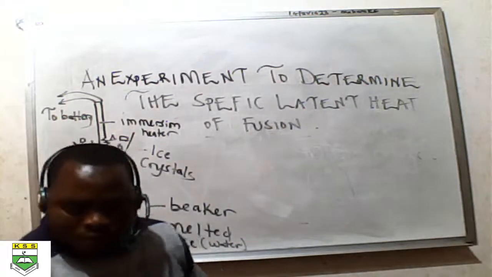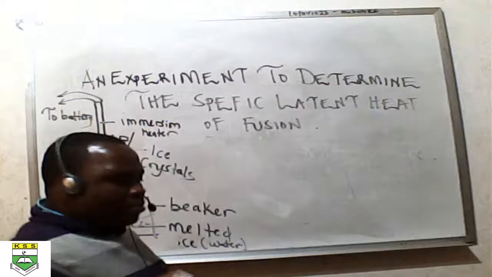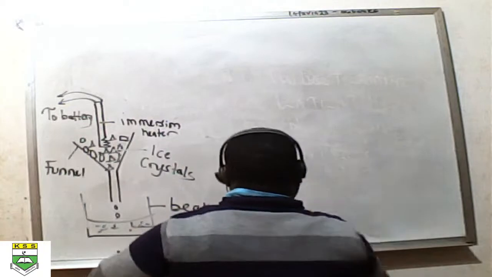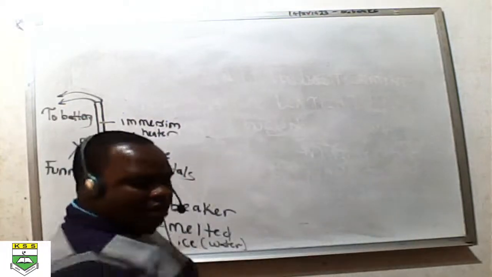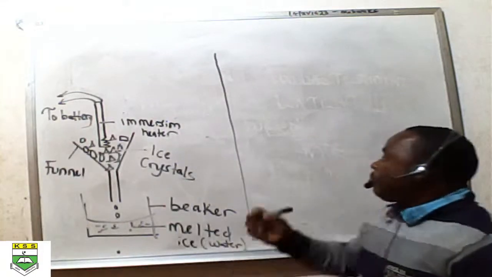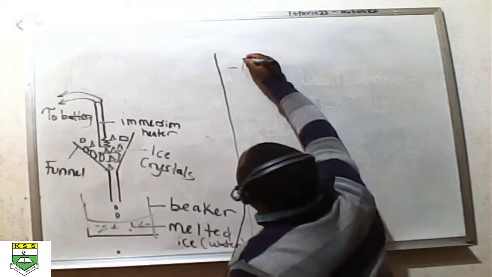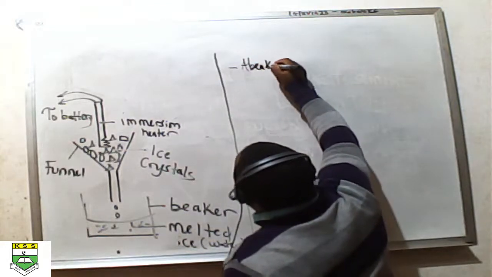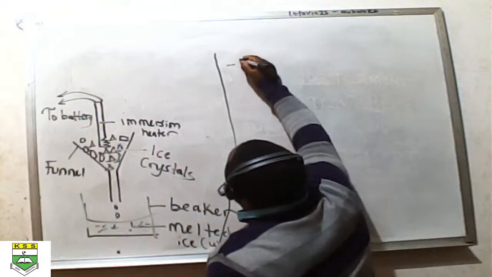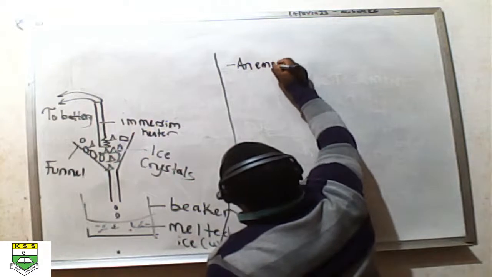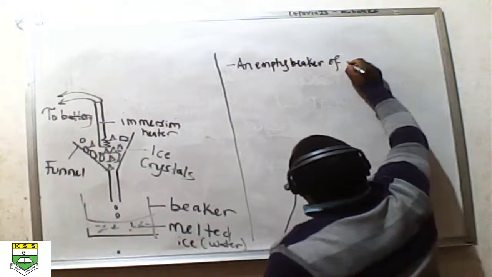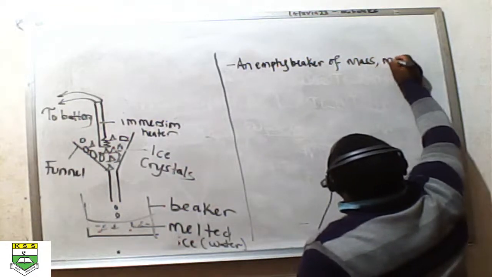So I want to give you some brief steps here for this very experiment, that is the diagram, so that you try to improve the notes that we gave you. Anything that is missing out, you try to improve it. So step number 1: an empty beaker of mass M1